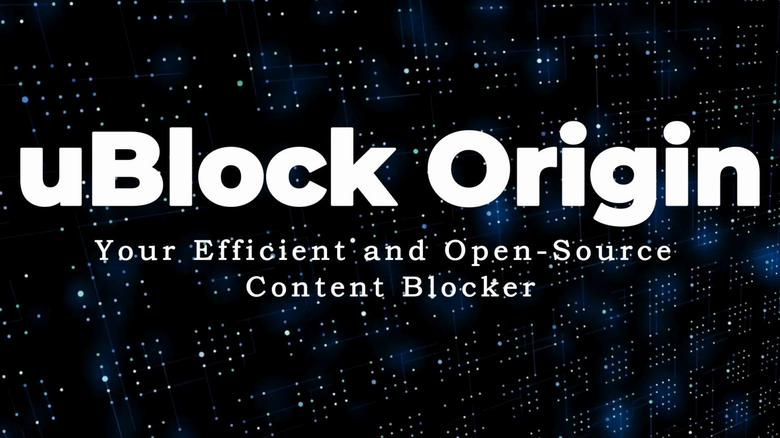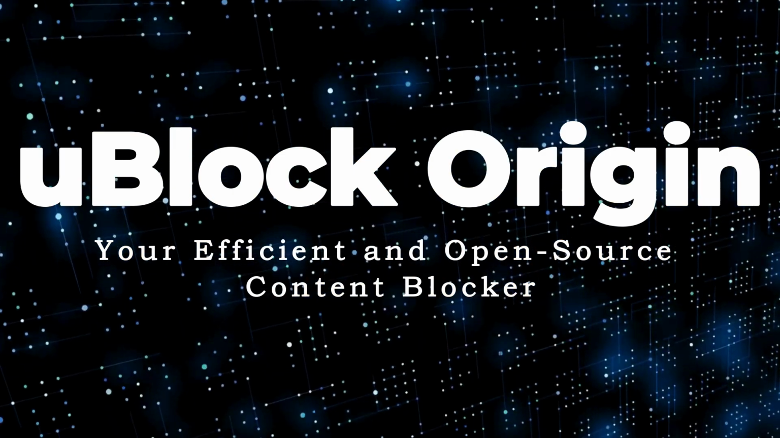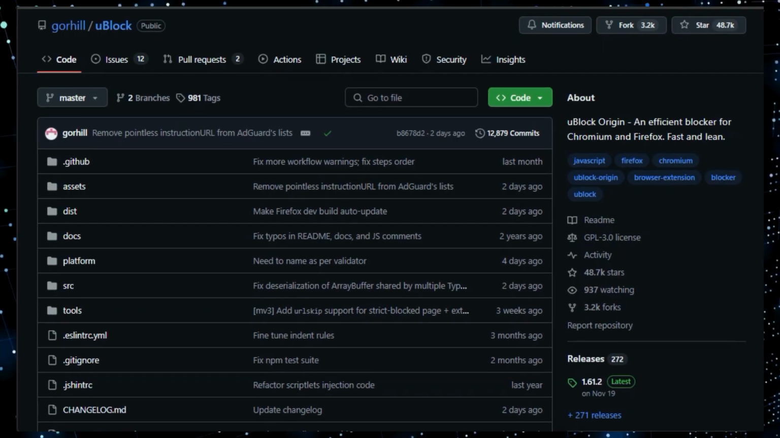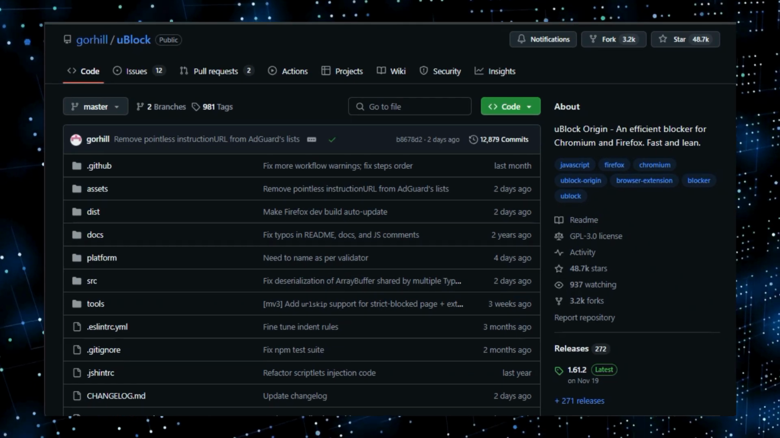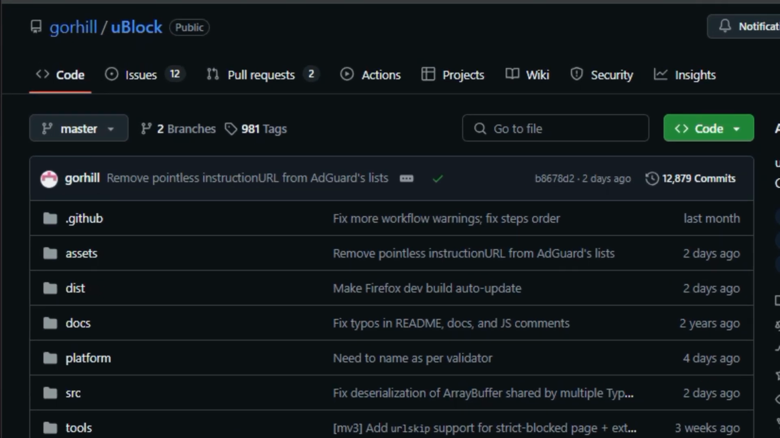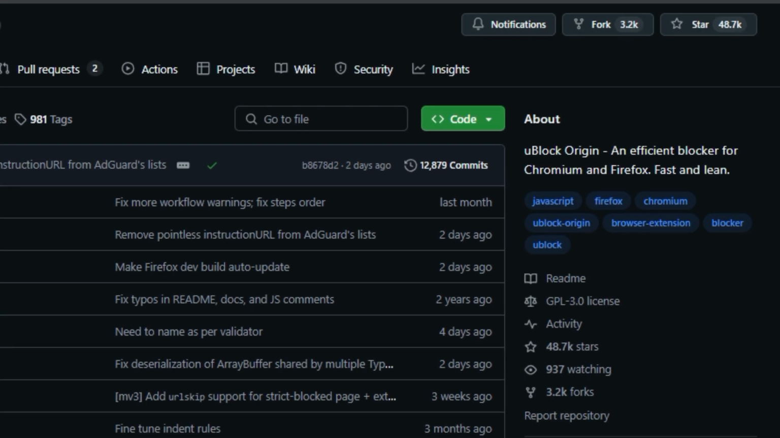Project number 10, uBlock Origin, your efficient and open-source content blocker. We're taking a look at a powerful tool called uBlock Origin, or UBO. This is a free and open-source, wide-spectrum content blocker available for Chromium and Firefox. What exactly does that mean? Well, uBlock Origin is designed to block various types of content on the web, such as ads, trackers, coin miners,